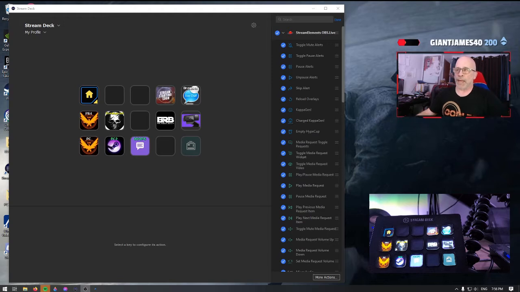So, as you can see over here, I have my Stream Deck and my OBS set up. The first thing you want to do, once you've plugged it in and opened up the Stream Deck, is that it's a plug and play type thing. As soon as you open it up, you have two options right now: either go onto Elgato.com and do the downloads,